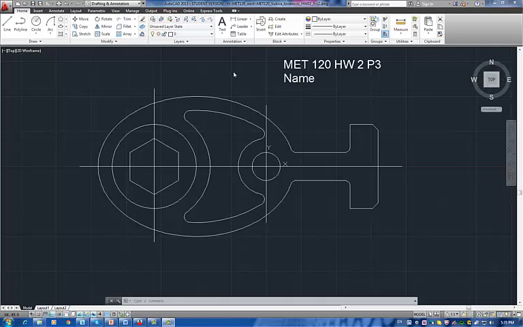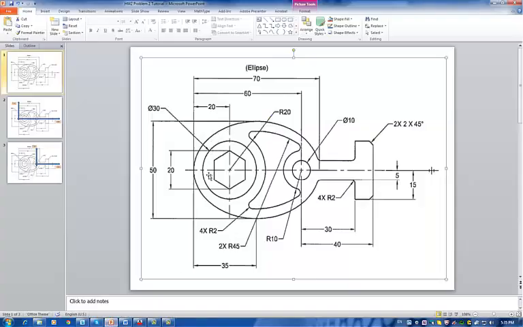In this tutorial, I will show you how you can create different layers and how you can assign different line weights and different line types. So you see here there is the whole area which is related to layers, and basically what I want to do here is I would like to create all these visible lines of 0.6 millimeters, and all these center lines I would like them to be 0.3 millimeters, and then I can show you these dimension lines which also should be 0.3 millimeters. So basically what you can do, you can assign different layers with different colors, different line weights,